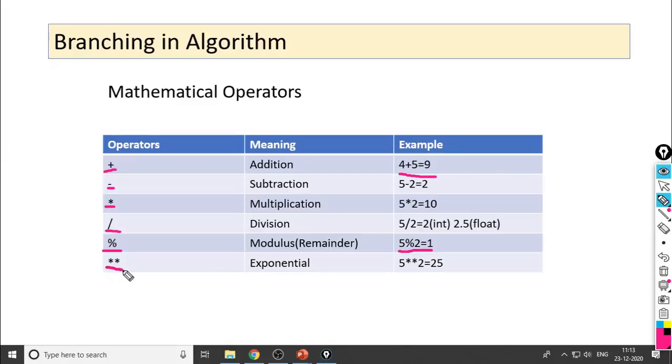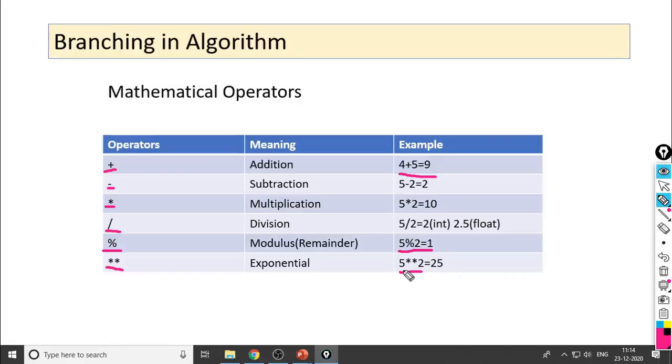Then next one, double asterisk. Double asterisk means what? Exponential. Okay, so if we want to calculate 5 raised to 2, square of 5, how can we do this? So write here 5 **2. Here two asterisks are used. What is the meaning of two asterisks? We can find out exponential.